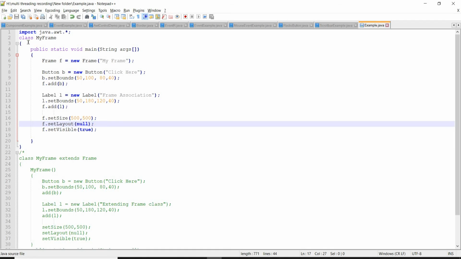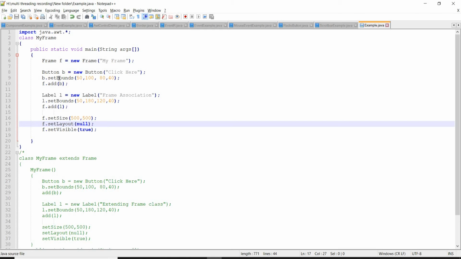See here, the first one is using association with the frame. We have created a class called myFrame. In the main method, if you observe, we are creating an object for the Frame class. The Frame exists in the AWT package. We have imported that package, and this is the reference F for the frame.